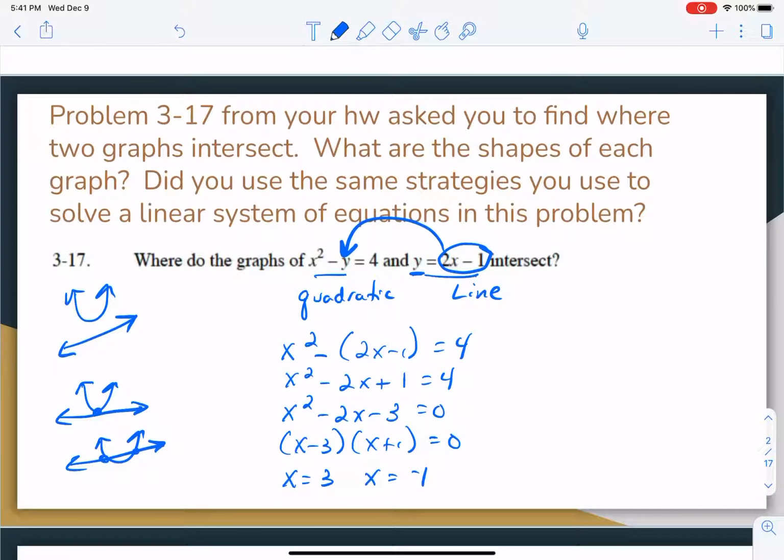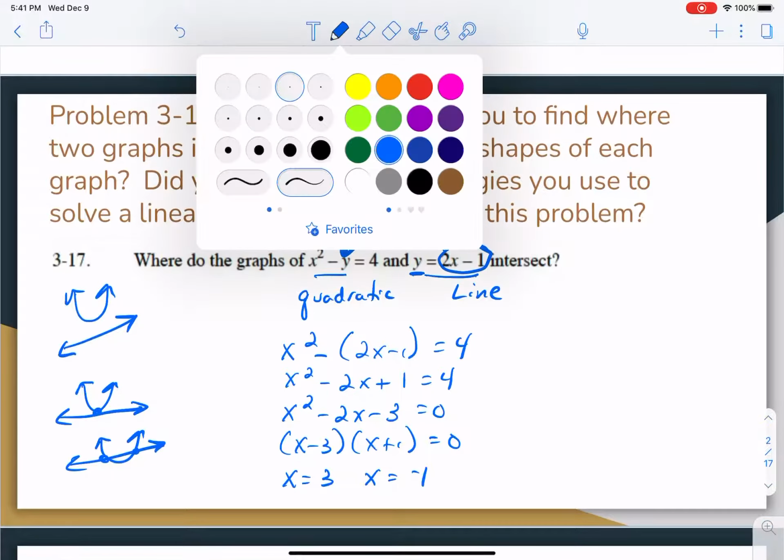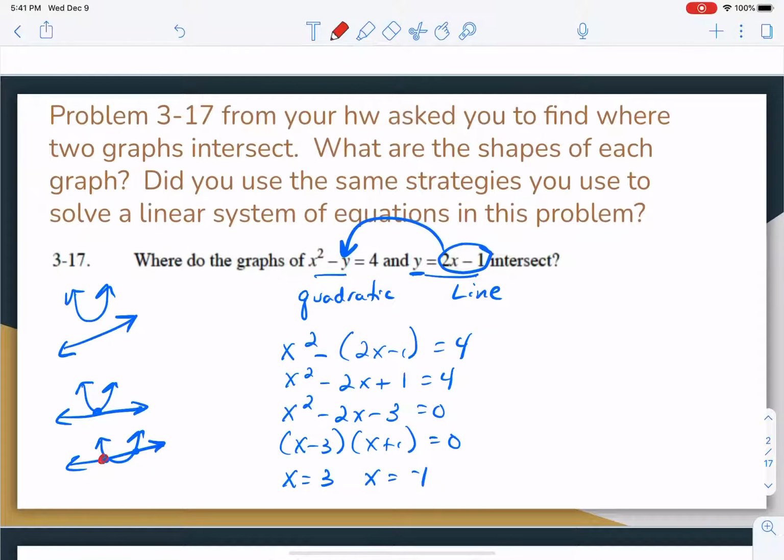So there are going to be two solutions to this problem. So I know that I'm dealing with this situation. The line is hitting that parabola in two places. So if x is equal to negative 1, I substitute negative 1 in for x. And I get y is equal to negative 3. If x is equal to 3,